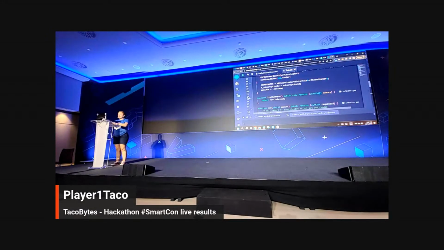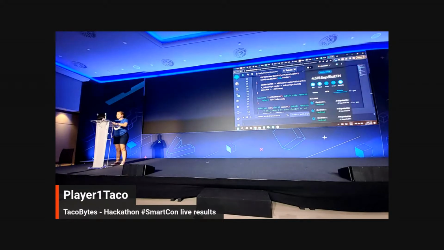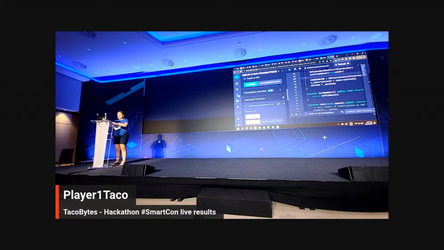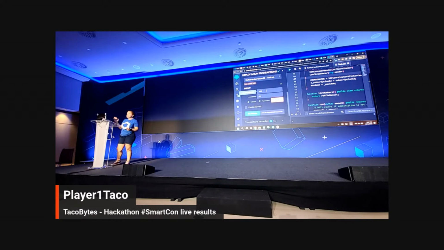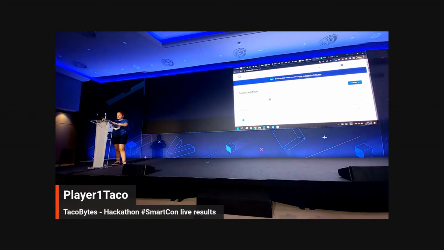So let's deploy the contract. Let's see if I'm on Sepolia. Yes, I am on Sepolia. I was already testing like half an hour ago. To use VRF, I must have an account with a VRF subscription. I have it here. This is my subscription number that I'm using now.